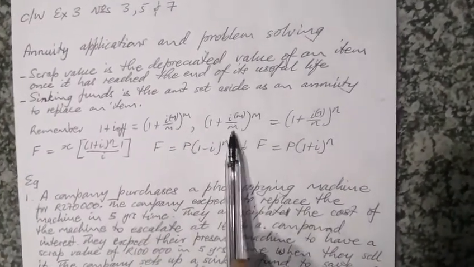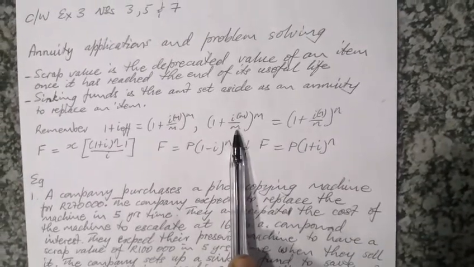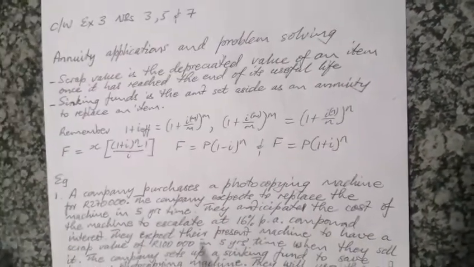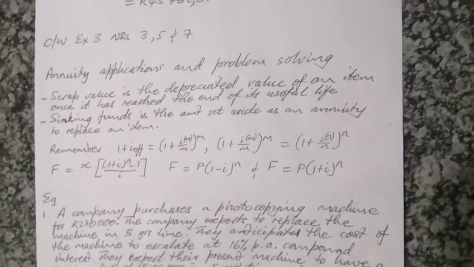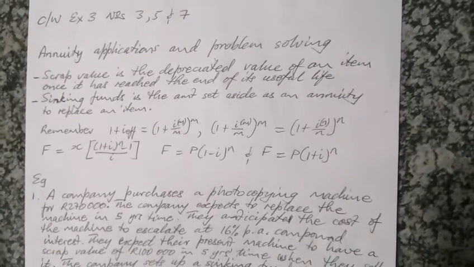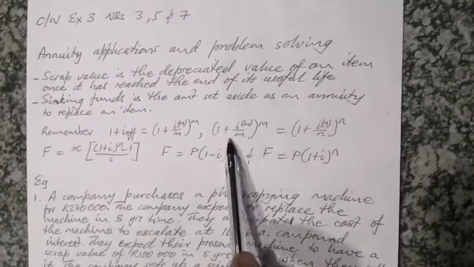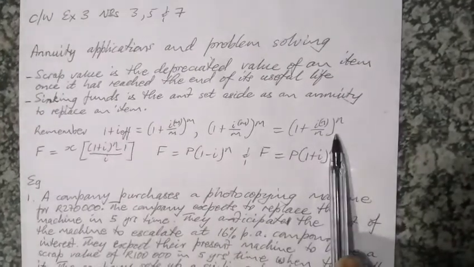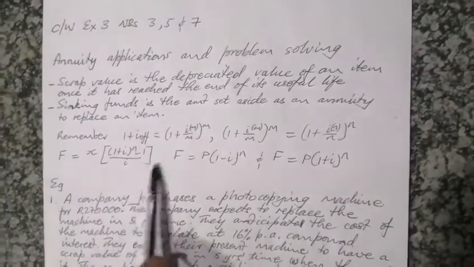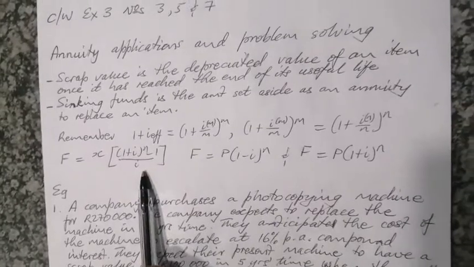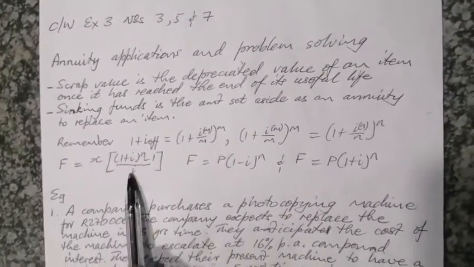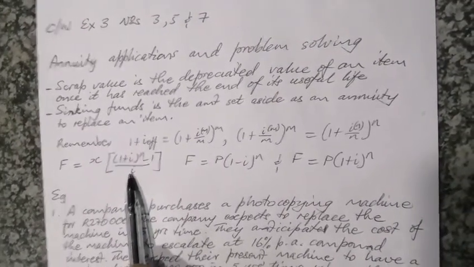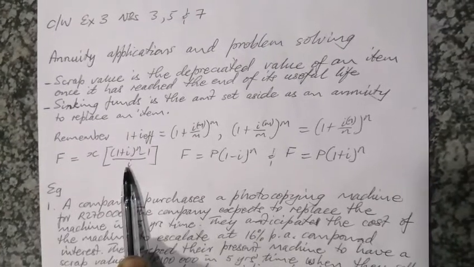And also remember the formula that we have just used to change from quarterly interest to monthly interest. We use this formula. And the future value, don't forget, is always like this,